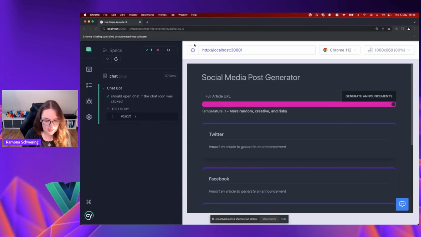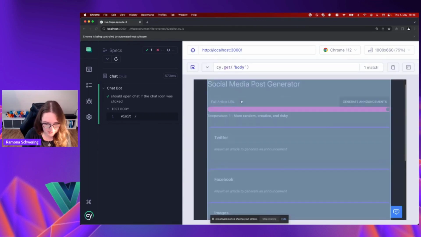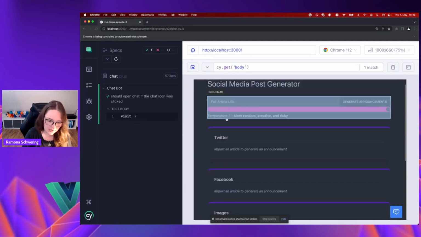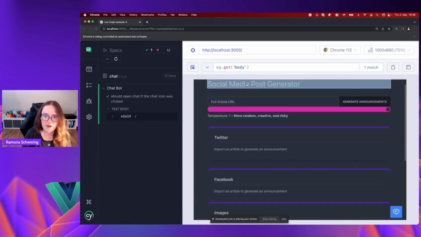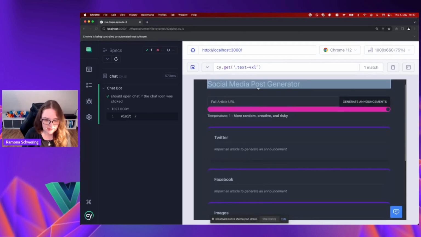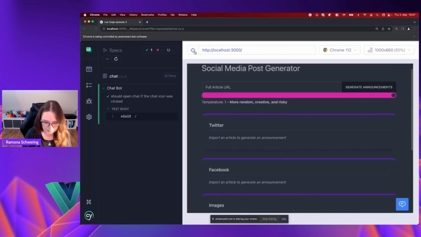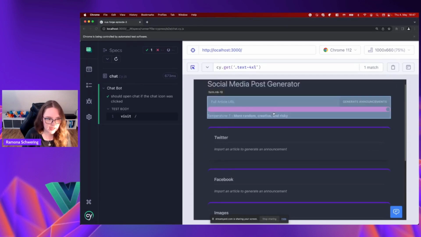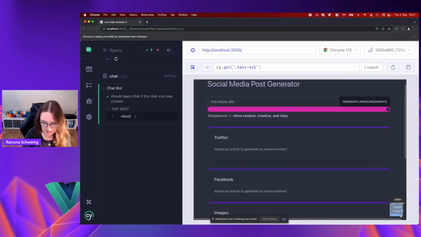So first, you could use this little target icon, or however it's called. And if you activate it and hover over these elements here, you already see that it highlights them and it will give you the selector which matches on it. It will be a unique one, or if it's not unique, you will see it here in this one match. But yeah, we want to have a certain one. It's this chat icon here. And I see one great thing if I look at this selector,